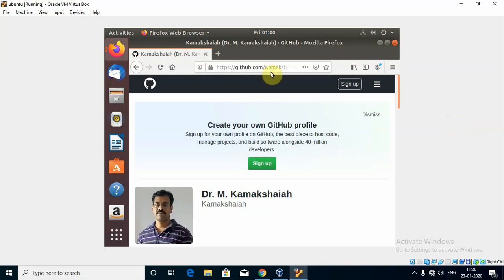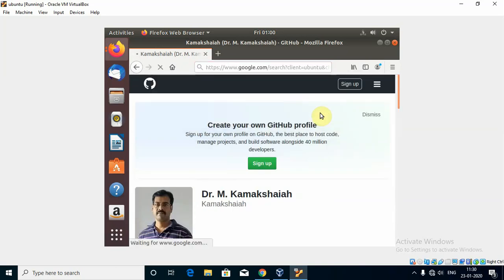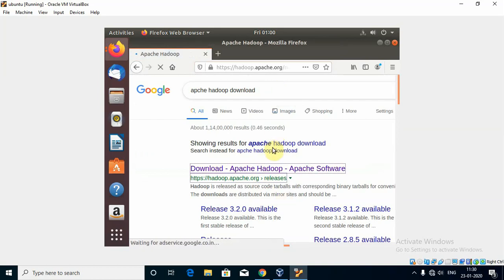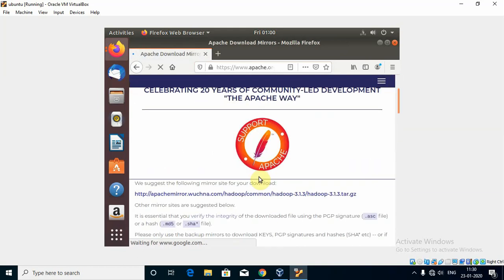Okay, now the very first step while installing Hadoop is to download Hadoop. For that, you need to go to Apache Hadoop download, and then the very first page should be the. Now go to the binaries, and this is the 3.1.3 version. I want to go for 3 instead of 2 because I already did the experiments with 2. This time I would like to press on binary, and then it will redirect you to the mirror,